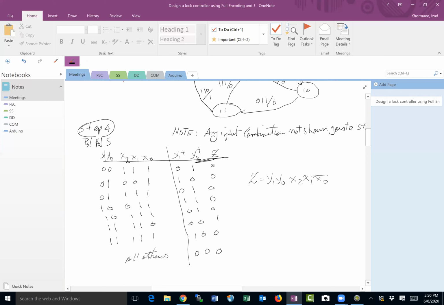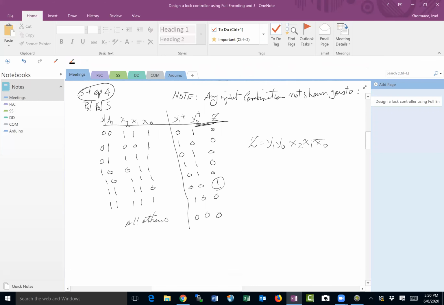Do you see that? Z equals 1 anytime... the only time is this. It's only going to equal 1. Okay, I don't really want to draw a K-map for a 5-variable thing to figure this out. So I'm going to use the simplified algebraic reduction in this case and see if I can come up with